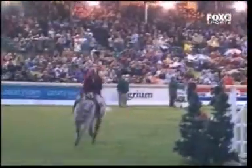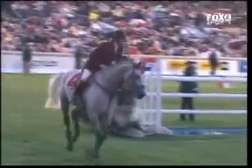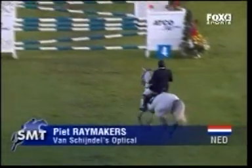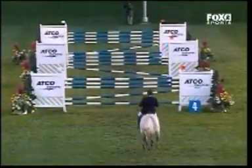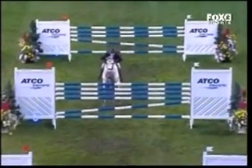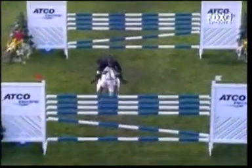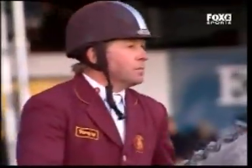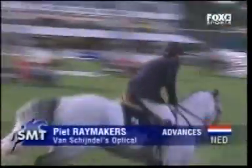The flash bulbs ignite in the stadium as Russell does it again. Wow. Turns his attention to Pete Rijmakers, and Optical has looked very sharp tonight. Bit of a hotter horse as he comes in, a little bit sharp. Has a rub on the first one, but he's going for it. No problem. Big power from this big gray as we are watching a showdown in the Alberta foothills between 2